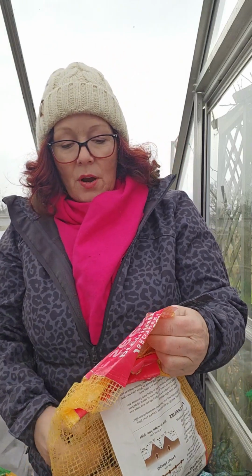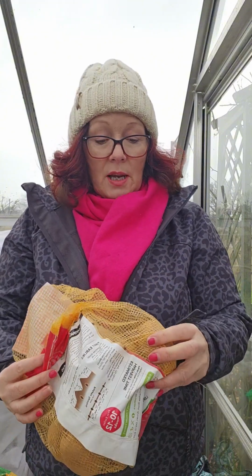It's Saturday. It's very chilly down here today, but it is quite an exciting day because our seed potatoes are coming to the allotment shed. So I've just been to pick mine up, so I just thought I'd show you what ones I've got. So the first ones, I've got a Lady Crystal, and these are first earlies. I grew these last year. They were really good, really tasty, really nice, and they're perfect for salad, boiling and chips, but they come early,